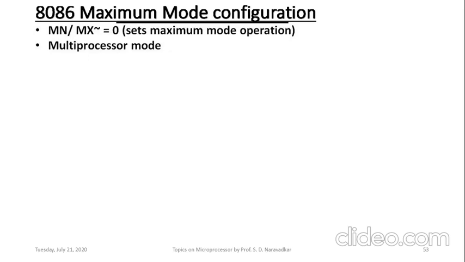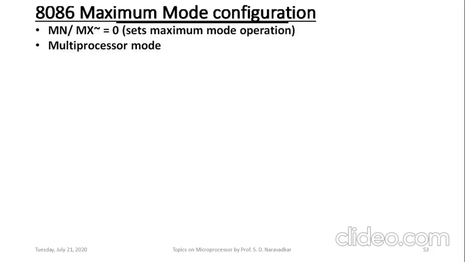So the 8086 processor alone will perform only general control operations and general data processing, while floating point operations will be passed straight to the 8087 NDP to carry out. IO data transfer operations like block data transfer will be passed directly to the 8089 IOP, and that way there is a functional distribution. So it is a multiprocessor mode.